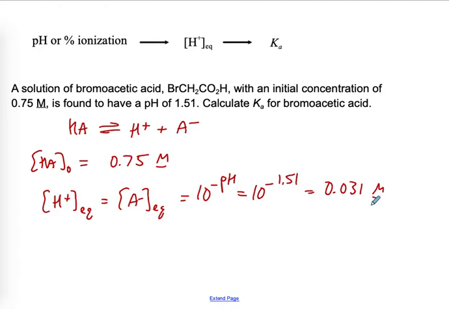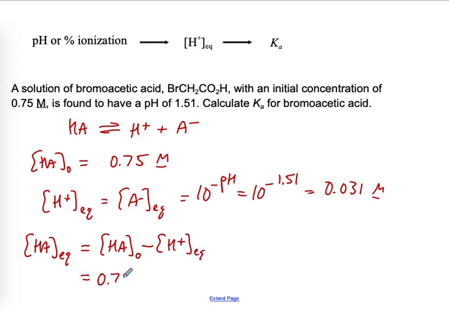I know the initial concentration of the weak acid, but I don't necessarily know the equilibrium concentration. I'll have to do that by subtraction. My equilibrium concentration of HA is equal to the initial concentration minus the amount that undergoes ionization. But because there's a 1-to-1 mole ratio, the decrease in concentration of HA is equal to the increase in concentration of hydrogen ion. So I'll simply subtract the equilibrium concentration of H+. So this is 0.75 moles per liter minus 0.031 moles per liter, or 0.72 moles per liter as my equilibrium